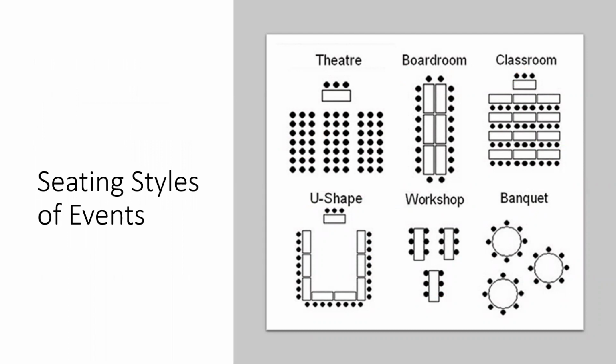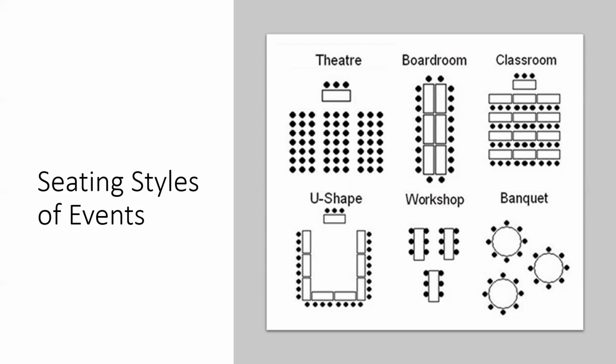When we talk of events, most important is the seating styles that are used in large events. Since the number of guests attending is very large, in conferences and meetings especially, we use the theatre style seating, which is nothing but rows of seating as in theatres or cinema halls. We have the boardroom seating, where the top management heads the table, which is surrounded by the other middle